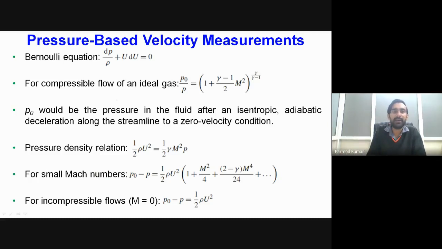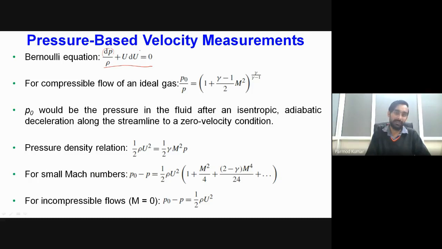So we have Bernoulli's equation. This particular equation is written for steady flow, and that flow is taking place over a streamline, and along that streamline we have the incompressible flow of the fluid. Now it's in general form, so here it can be for both compressible and incompressible. Depending upon the flow situation, we will consider the density field as constant or variable. Over here you can see that with this equation, our pressure field is directly coupled to the velocity field.